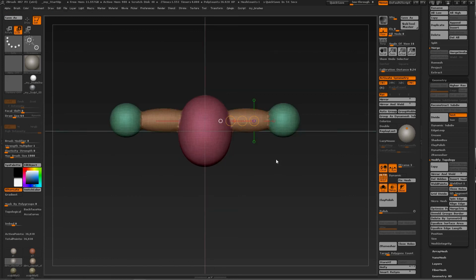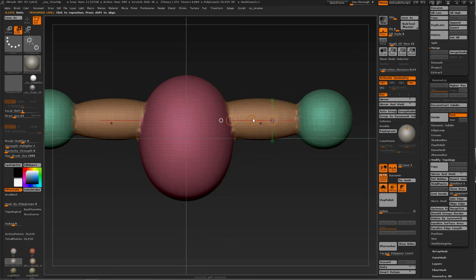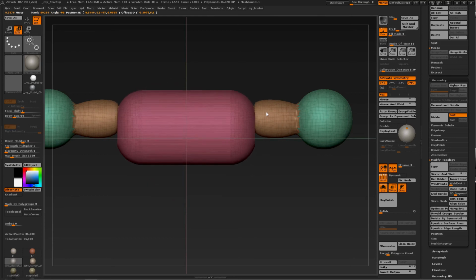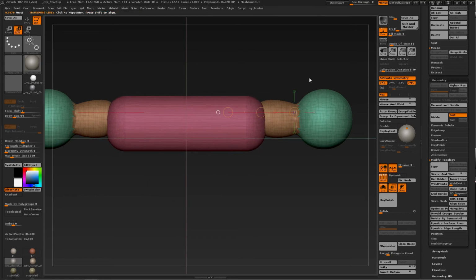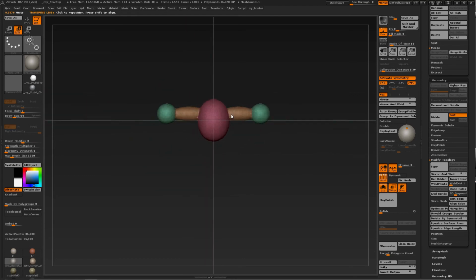Important thing is actually how you draw out your transpose line. Let me give an example. So if I draw out my transpose line like this, press the Alt key and click and drag over here, you see that that part over here is untouched. Ctrl Z to undo. But when I make my transpose line bigger,